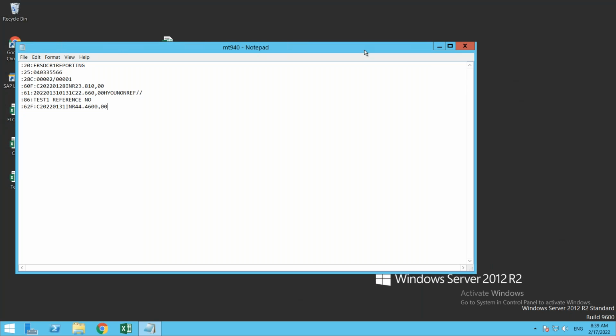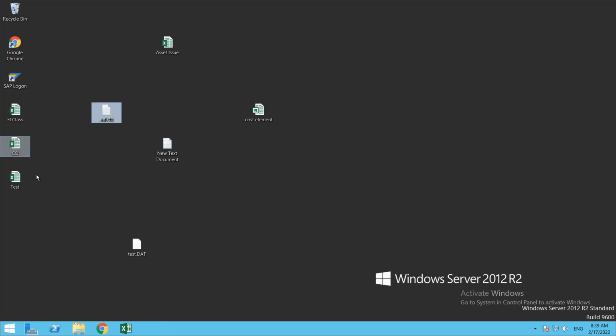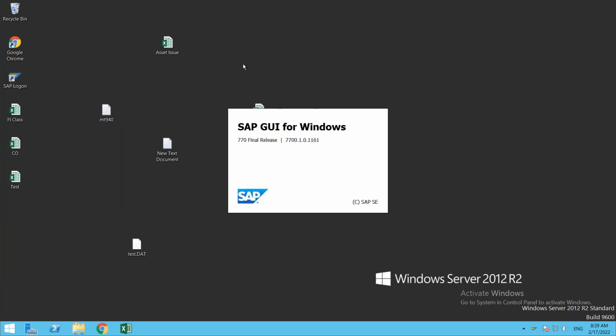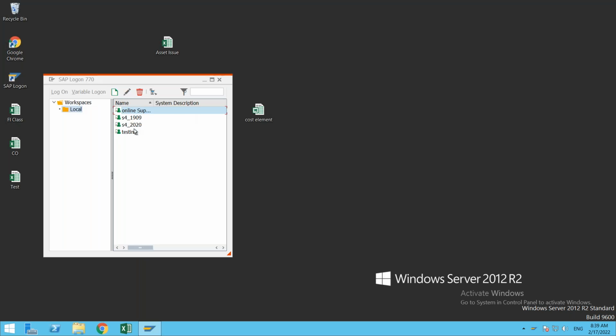Of course, in the current version, initially I'm telling you so that you don't keep too many expectations, some online patches are missing, so we cannot upload this MT940 file.